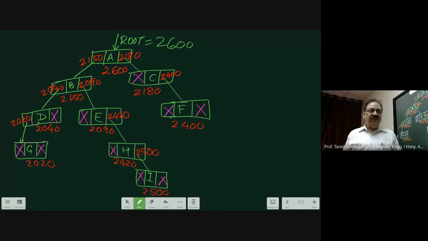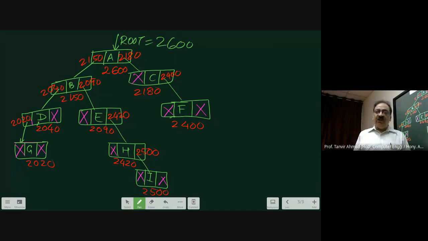You have the addresses of all the nodes, and I am trying to put the address of the left child. I am putting the address of the left node, and for the right child I am putting the address of the right node. And where there is no left or right, it is blank, I put a null value. Now this is nothing but implementation of a tree using a double linked list. It's a double linked list. Why double linked list? Because all nodes have a maximum of 2 pointers.